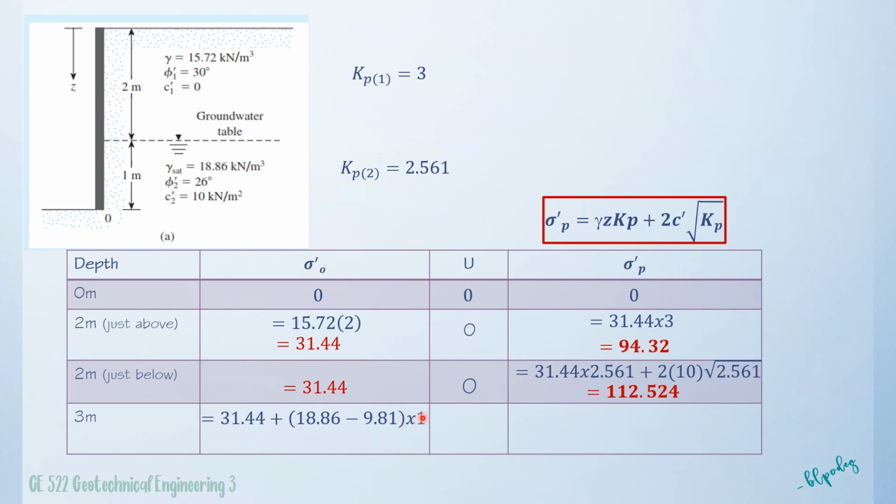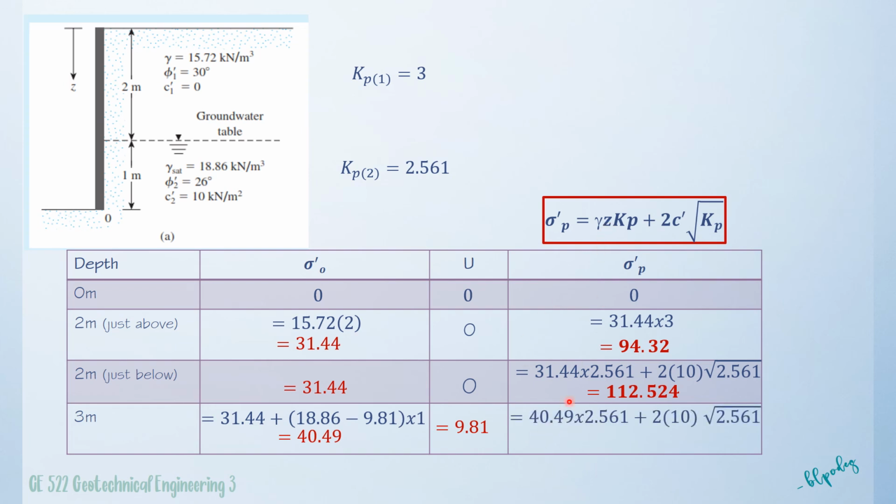So if we are to consider the equation for the vertical stress, that is simply total stress minus pore water pressure. So that becomes 18.86, yung unit weight ng soil, times 1 minus yung pore water pressure, 9.81 times 1. So this is just a simplified way of writing it. Okay? And that is 40.49. And then the pore water pressure, 9.81 times 1 is simply 9.81. And then we have here passive earth pressure. So that becomes now